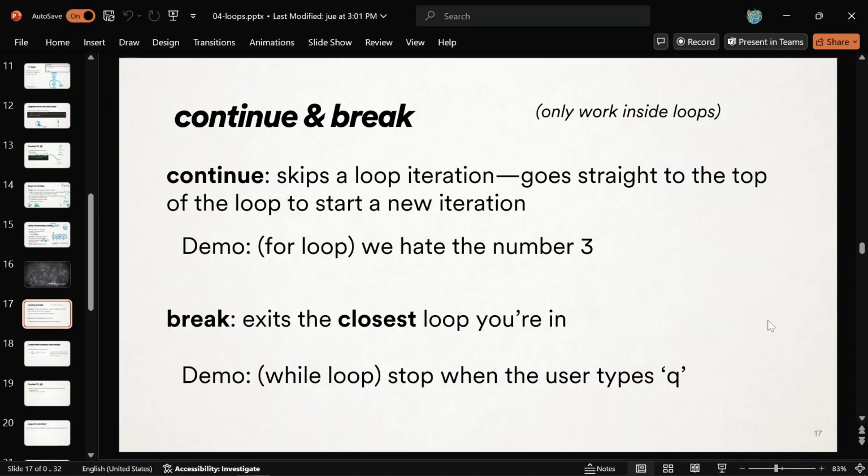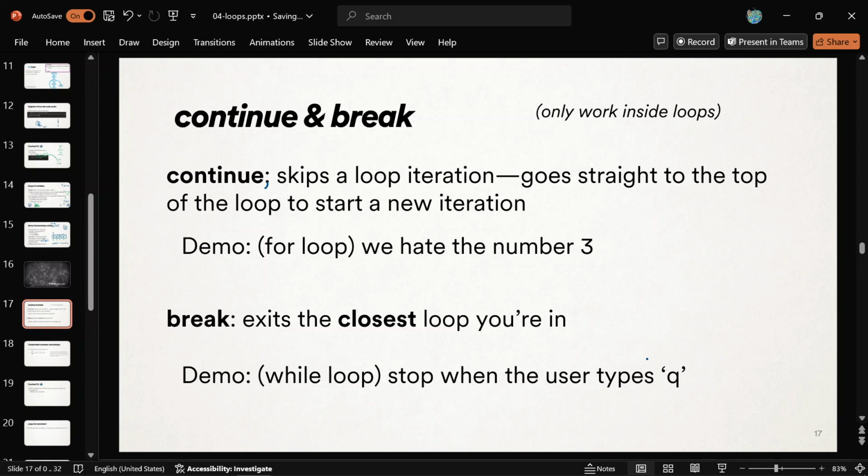All right, the first new keyword is called continue, and what that one is going to mean is it's going to skip. You just say the word continue inside of a loop with a semicolon, and it's going to skip an iteration of the loop, just like continue to the next one. I don't want to stop, but continue to the next one because I don't like this current iteration.